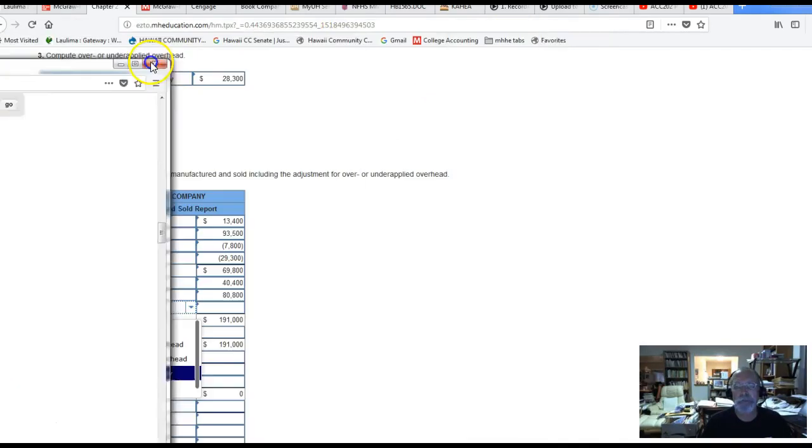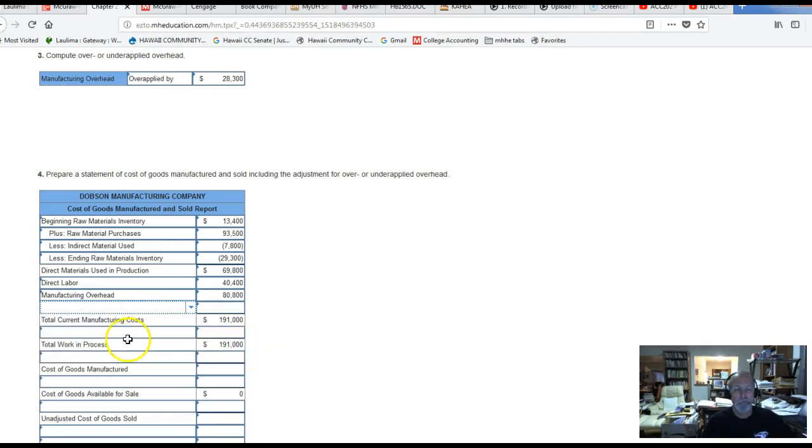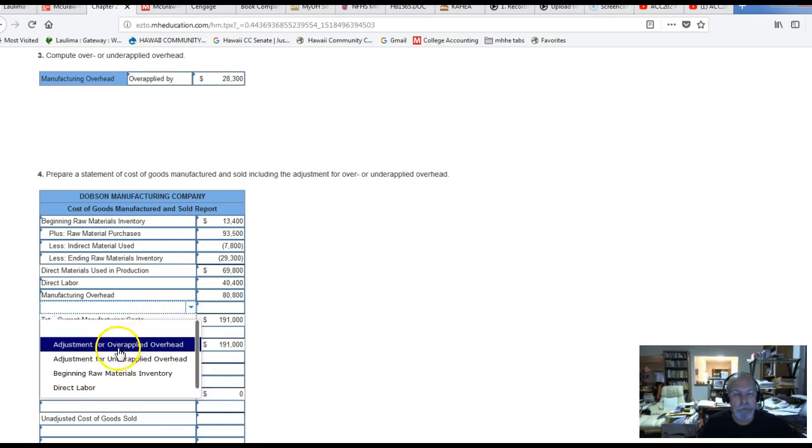But for some reason they want to show, and here it is, total current manufacturing costs down here, but they want to show the amount of the adjustment